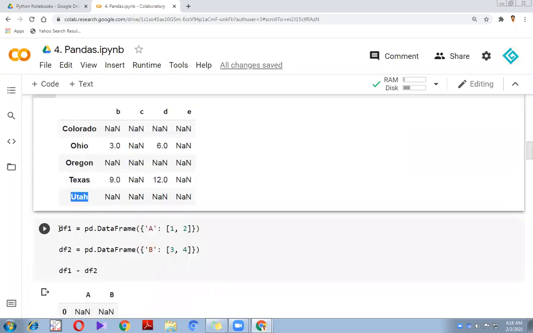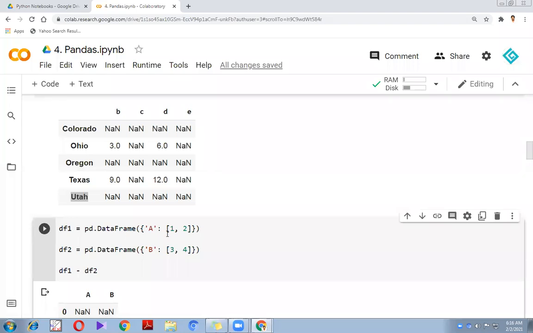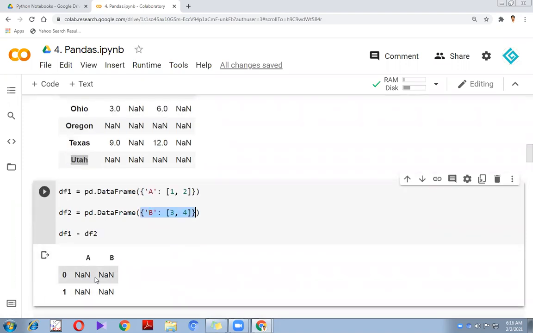Now let's say it is a short data frame like df1 equal to pd.DataFrame with column a. I'm defining it in a dictionary. If you define it in a dictionary, it will be key value pairs. So a will be the column and these will be the values 1, 2, and in df2, b will be the column and 3, 4 will be the values. So like this, one is a matrix with an a column and a b column. Now if we do df1 minus df2,